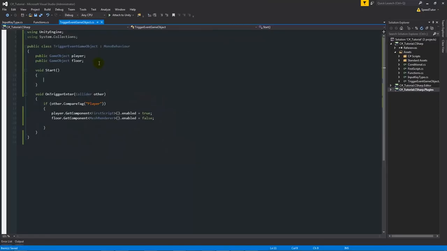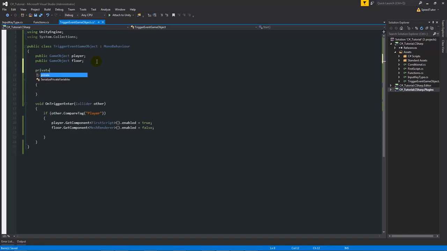Now in the script, I just cleared up the things that were there before to make this easier to read. So all we're doing is we're referencing, we're saying get component, we're giving the component that we're looking for, so it's anything that could be on the object, and we're saying .enabled equals true or false. And then, like in the other video, you can do it in a similar way with looking for tags and things like that. So you could say private